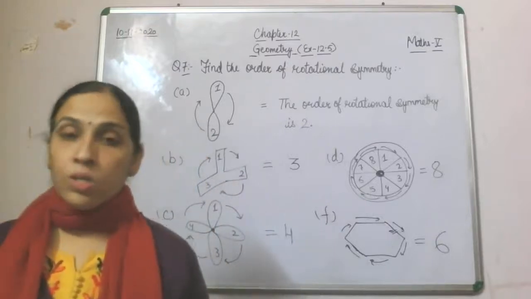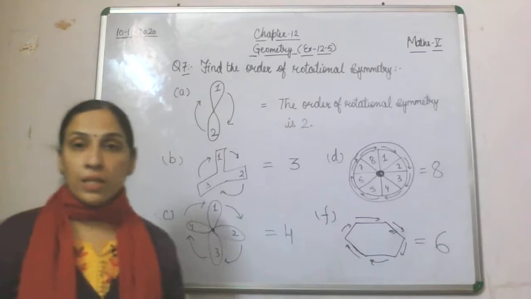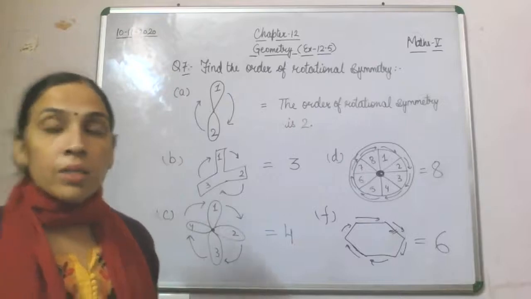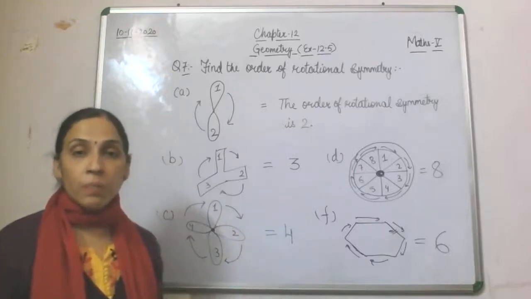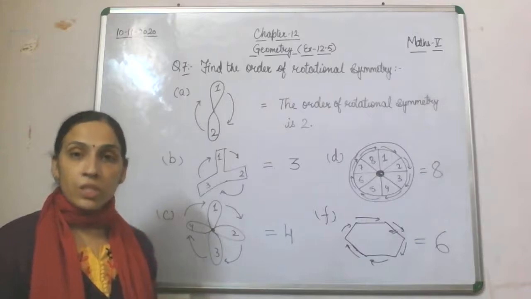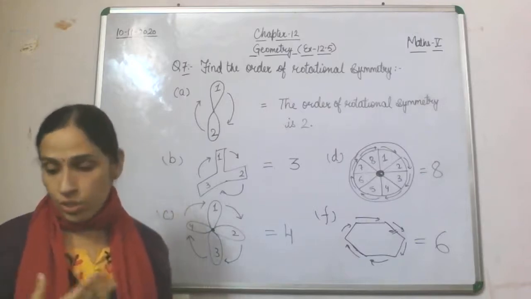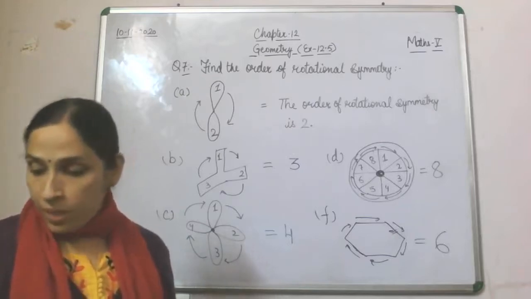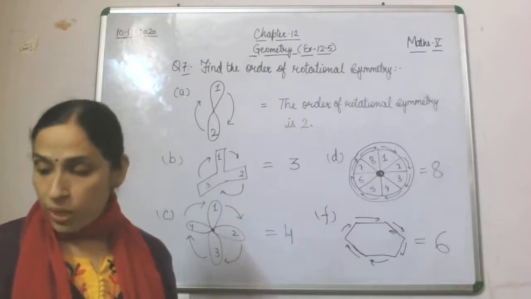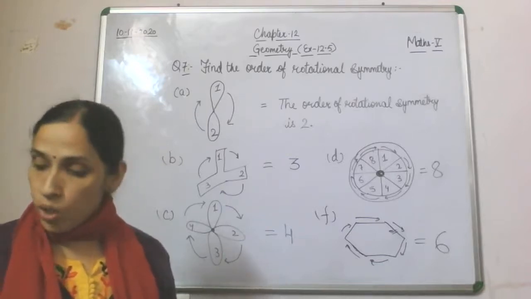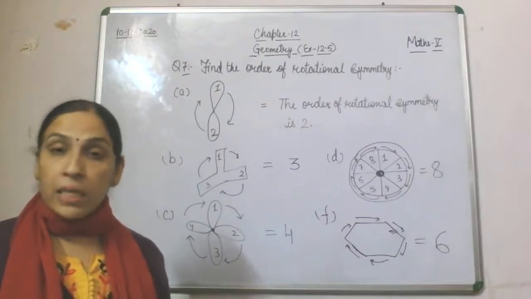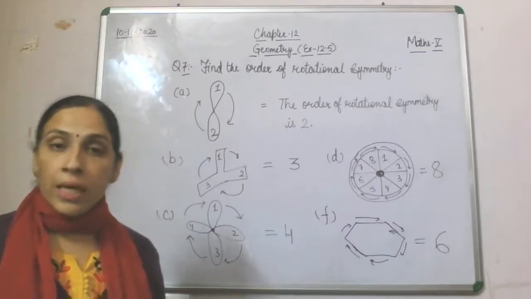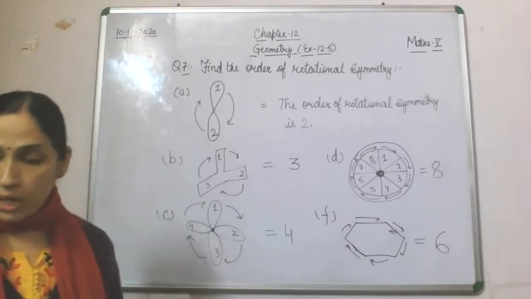So children, today we have done this exercise 12.5. In this we have done questions related to translation of a 2D shape, then reflection, and then rotational symmetry and rotation. Here, 8th question, fill in the boxes. You have to tell the line of symmetry, the rotational symmetry, and the order of rotational symmetry, whether it can be rotated and you will get the same one or not. So question 8 is your homework, so that you all will do it.